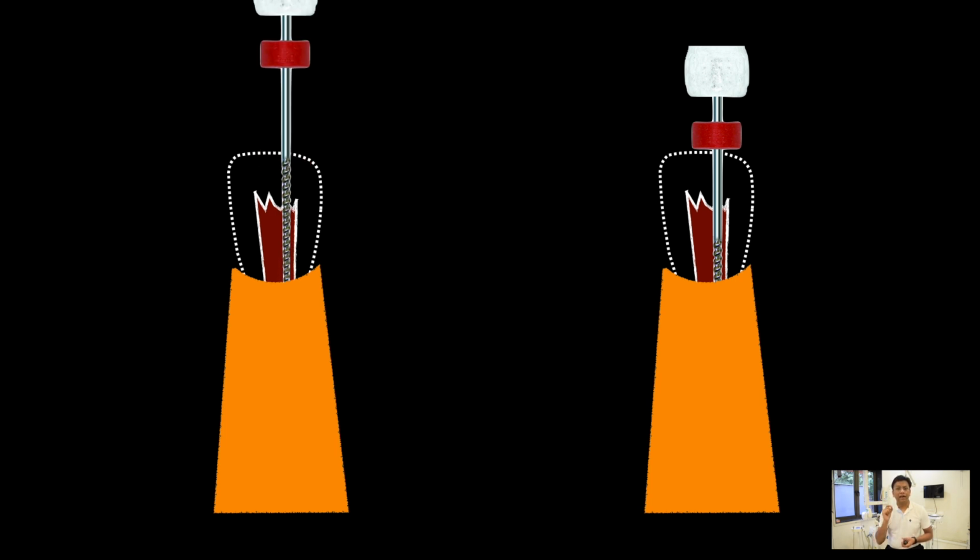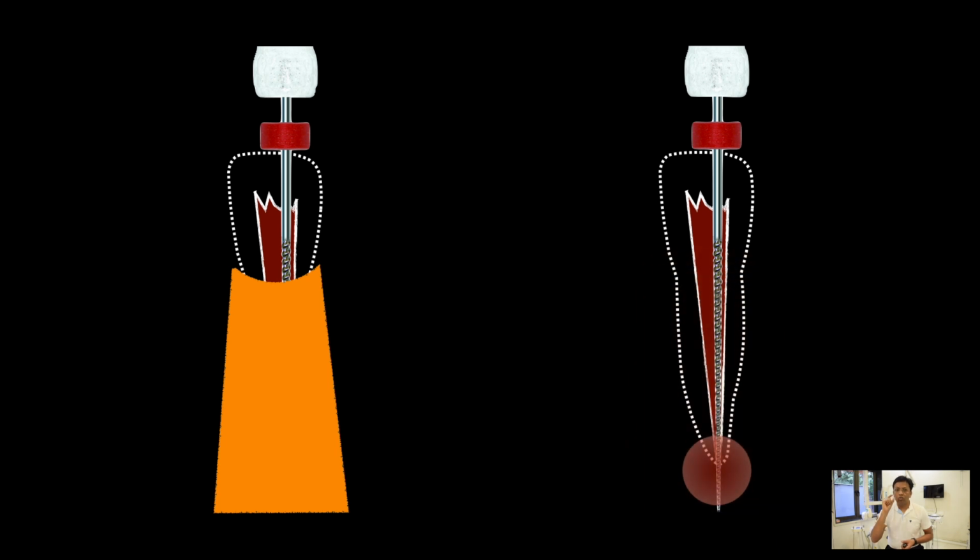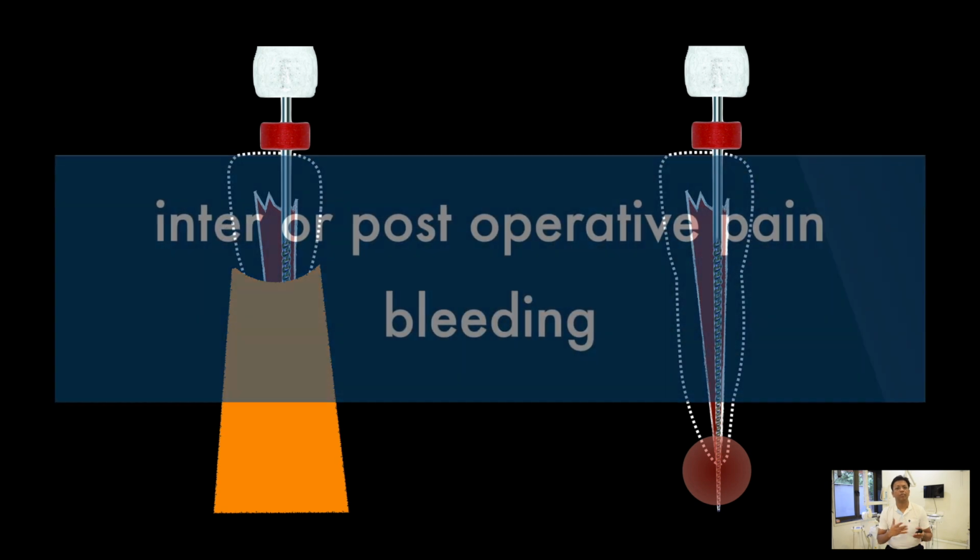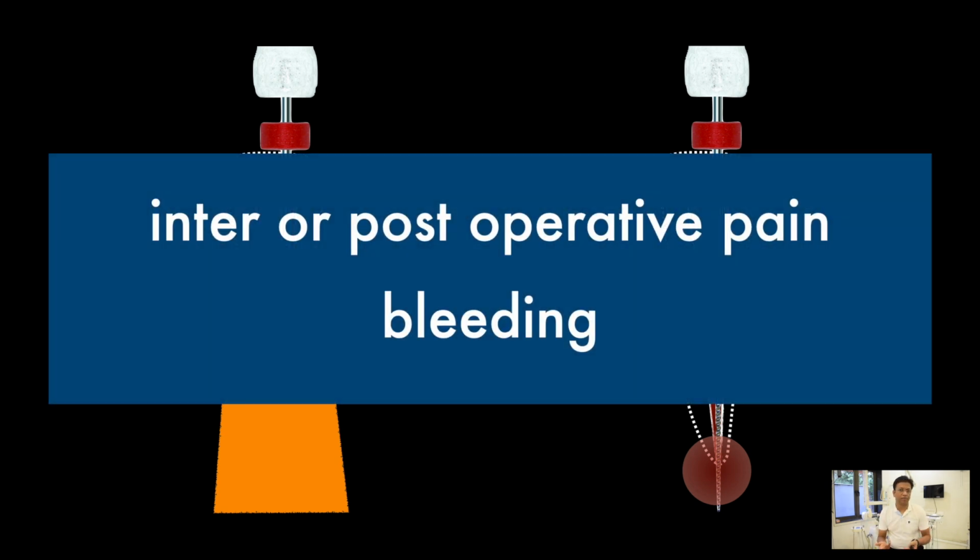Now actually, clinically there is a very high possibility that this arbitrary working length will always be wrong, and for 2 to 3 millimeters I am continuously bombarding the PDL with repetitive strokes of my instrument, and eventually this leads to an inter-operative flare-up, and then this may lead to pain or maybe bleeding from the canal. Again, this is an inter-treatment error. Of course, these things can be managed, but it always leaves a negative impact on the patients. That I did a root canal at this particular clinic and it pained me a lot.